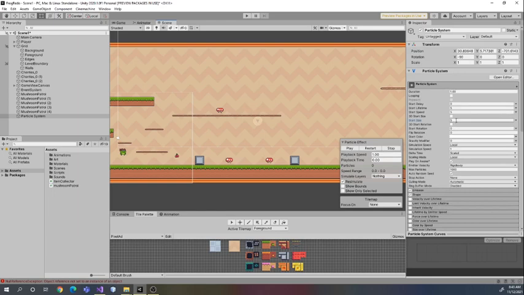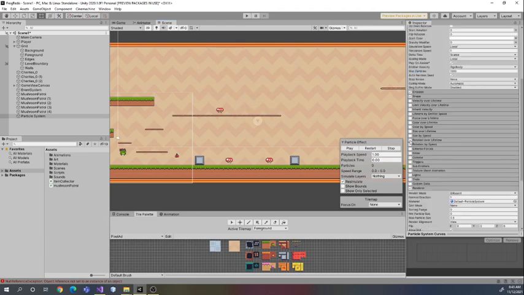So I'm going to actually make the size of these a little bit bigger just so that you can kind of see what happens here. So if we play that, that's probably a little bit too big, so let's make it down to 8. So you might want a spot where you have these big particles and then they